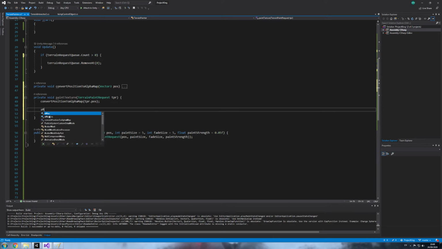So a map is equal to terrain, of course, dot terrain data dot get alpha maps. And when you start brackets, you can see what we need. Sometimes we have arrows here, so you have the same function, but it can take different parameters. I hope I will cover this one in a future tutorial. That is called